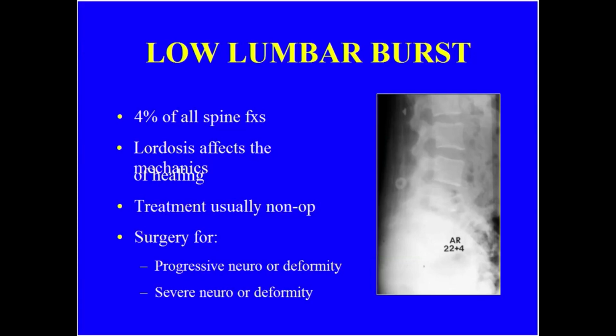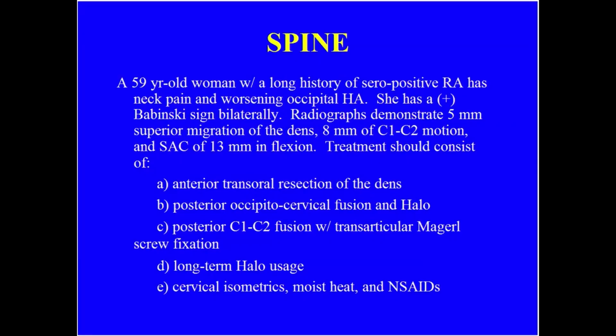Okay, a 59-year-old woman with a long history of seropositive rheumatoid arthritis, neck pain, worsening occipital headache, and positive Babinski sign bilaterally, so she is a Ranawat 2. Radiographs demonstrate 5 millimeters of superior migration of the dens, 8 millimeters of C1-C2 motion, and a space available for the cord of 13 millimeters in flexion. Treatment should consist of,